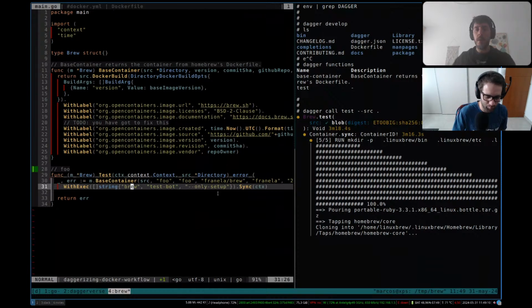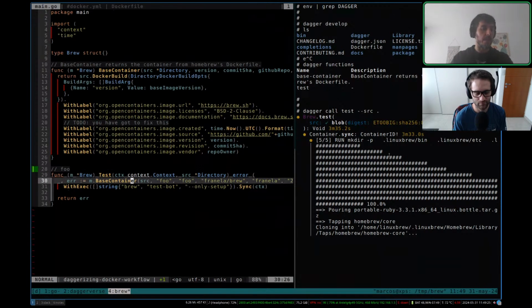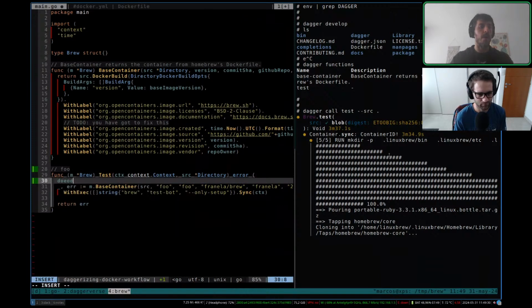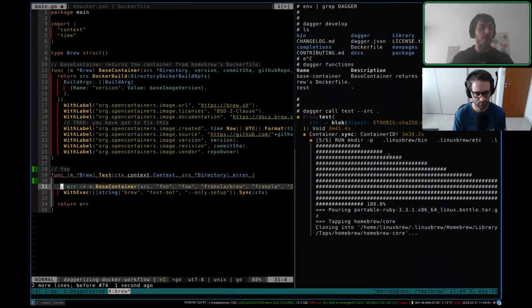But yeah. Anyhow, as you can see, this is still running because it's a very long and painful process, which we are going to hopefully improve. But what I want to do now is, in order to make this not invalidate my CI every time that I run it, my tests and the Dockerfile and so on, what I basically need to do is tell the base container function to ignore my Dagger and